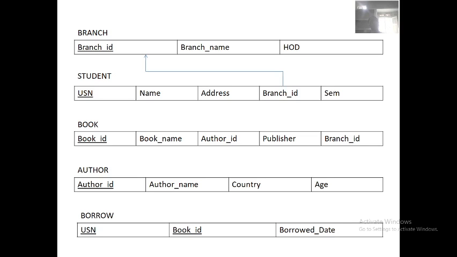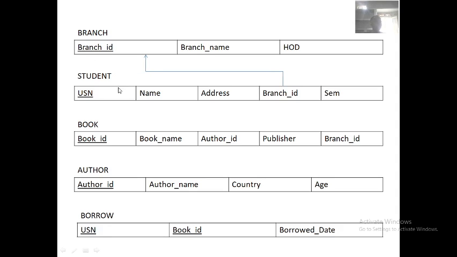Now in the branch table there is no foreign key, because branch name is there, HOD is there, so it does not have any foreign keys. Now in the student table, branch ID is a foreign key, because it is referred from the branch table, which is the primary key of that branch table. This is how it is connected.